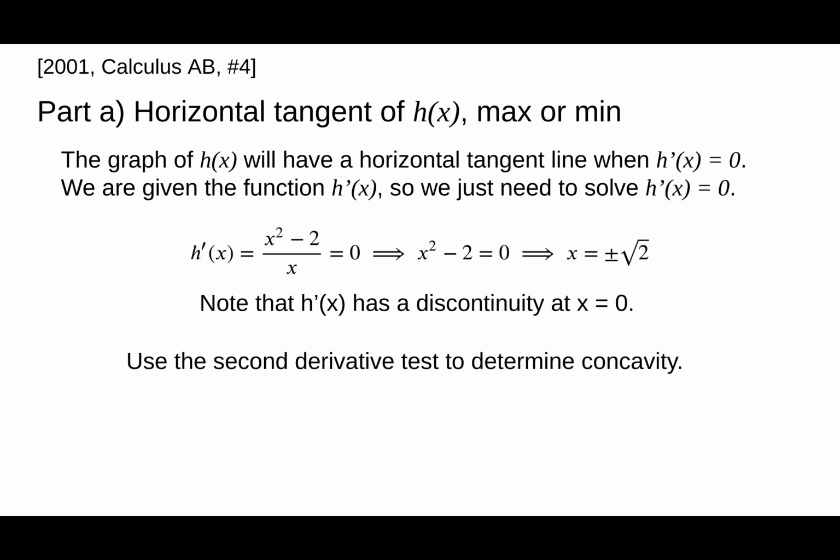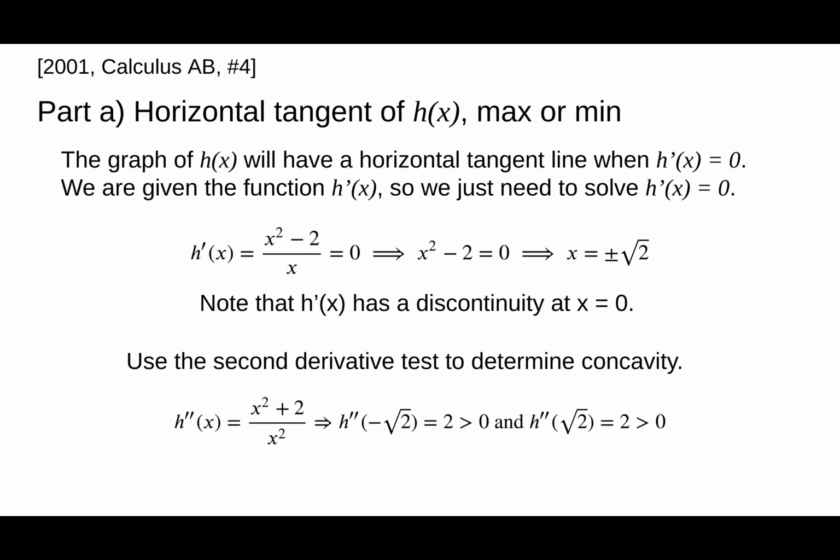To determine whether it's a maximum or minimum at these points, we'll use the second derivative test. We'll check it for concavity, and we'll make our determination about maximum or minimum. To do this, we have to find a formula for h double prime of x. If we use the quotient rule, we can determine that the second derivative of h is x squared plus 2 all over x squared. If I then evaluate the second derivative of h at both negative square root 2 and